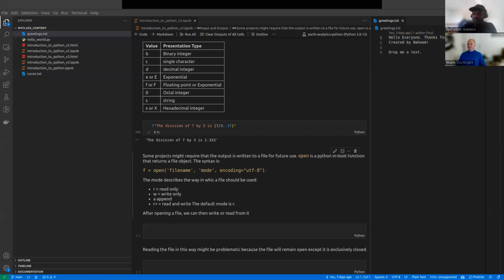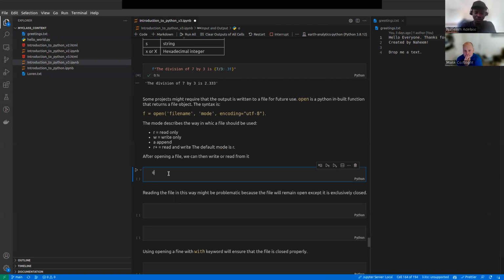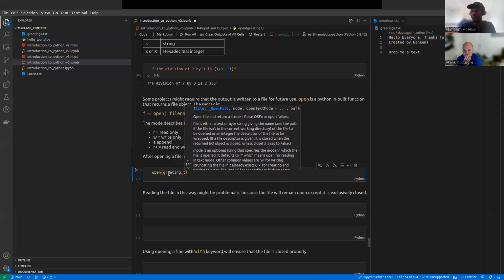Okay. Like I was saying, open is a Python built-in function that returns a file object. So if we say open greetings.txt